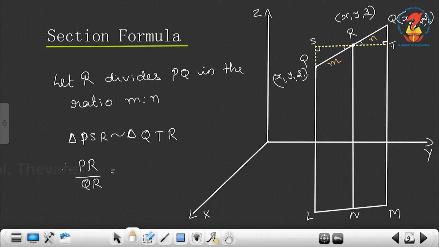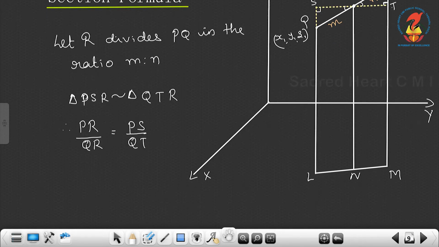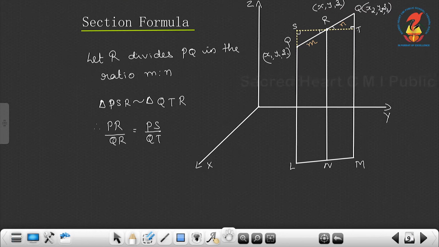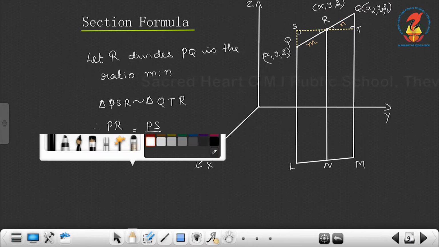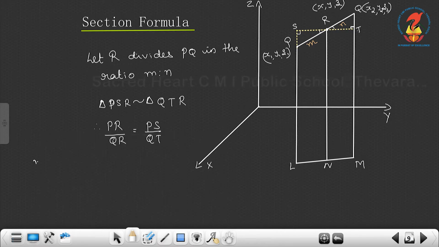Now we take this side, PS and QT, which is equal to the third side SR and TR, that I am not taking now. So the corresponding parts are proportional. Now what is PR? PR is m by n is equal to